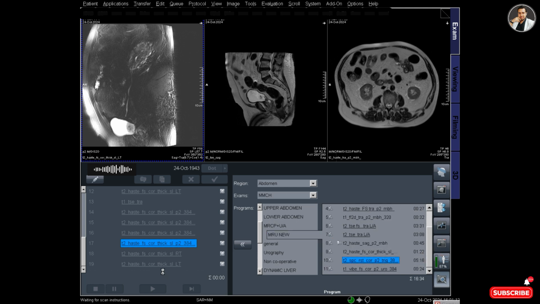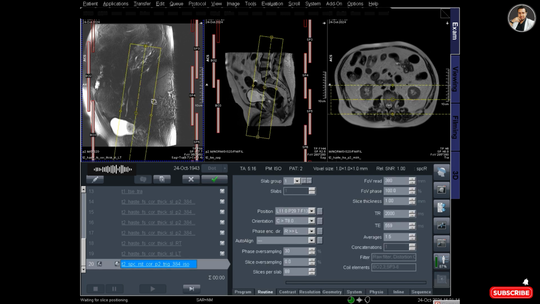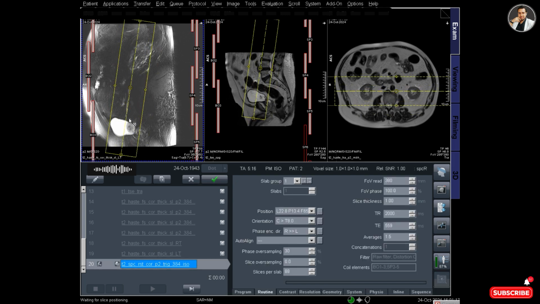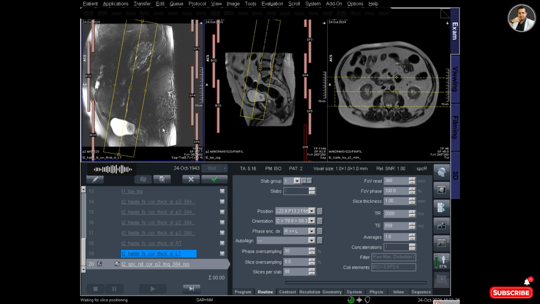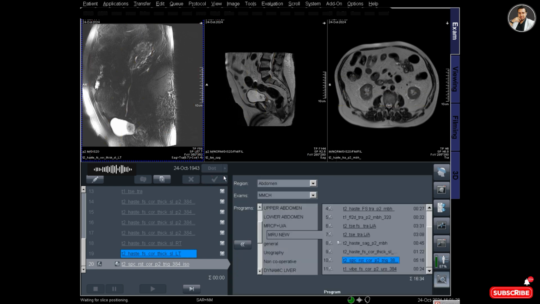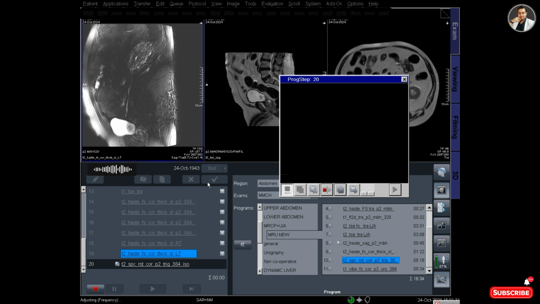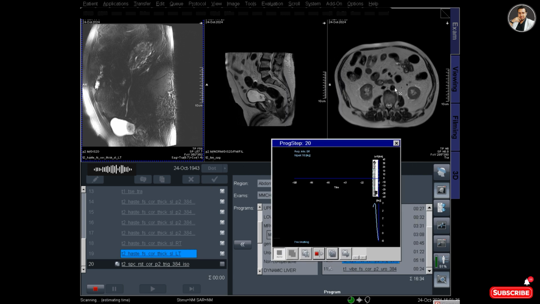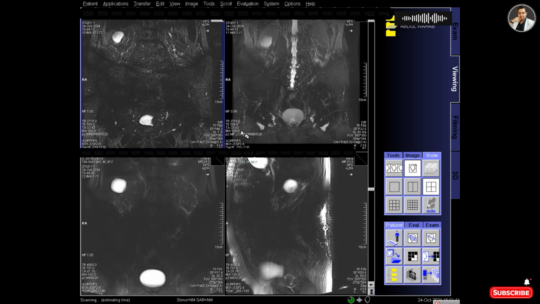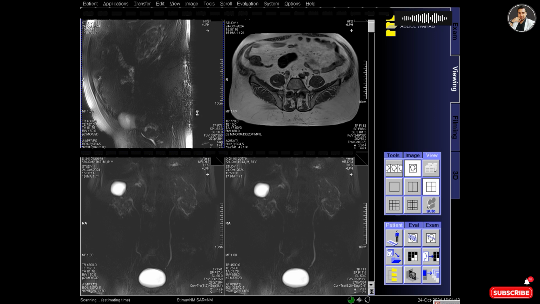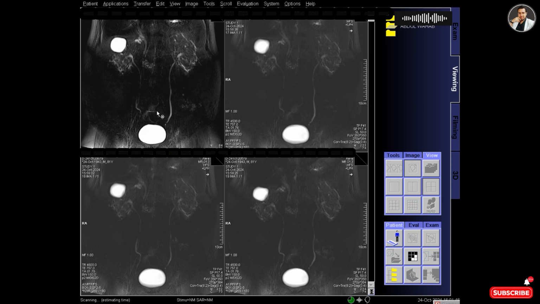So now I have to take the 3D image again because my previous 3D sequence does not provide a good image of the ureter and the kidneys. Now the urine is flowing through the ureter and the bladder is filled with urine. So right now the 3D protocols will give me a good 3D image of the ureter and bladder. So let's see, the 3D scan is starting and it's preparing to run.